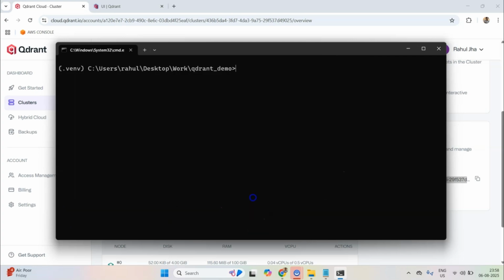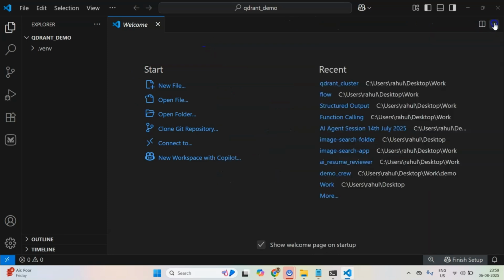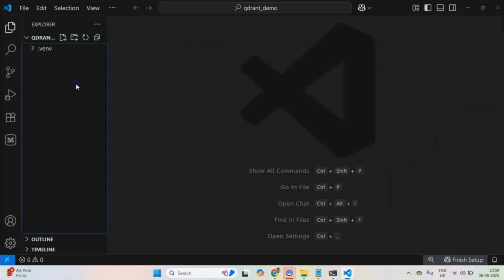Now let me clear my screen. Now I can open my Visual Studio Code. You are free to use any code editor that you want. I'm just using Visual Studio Code because I like coding in it and it makes things a lot easier. So I'll create a bunch of files.